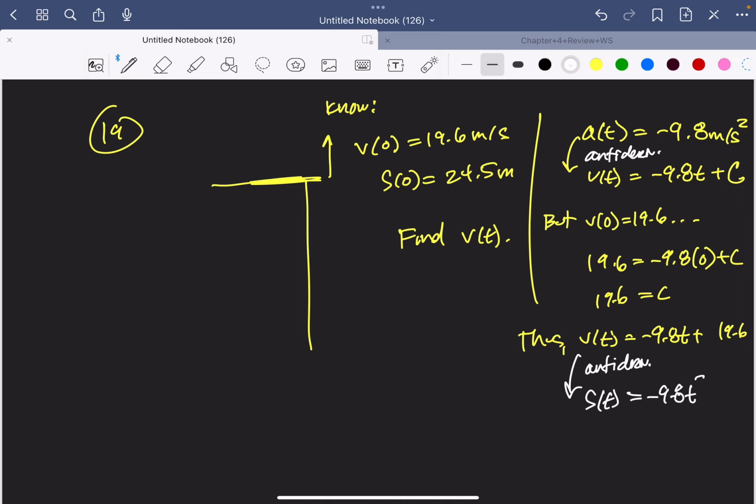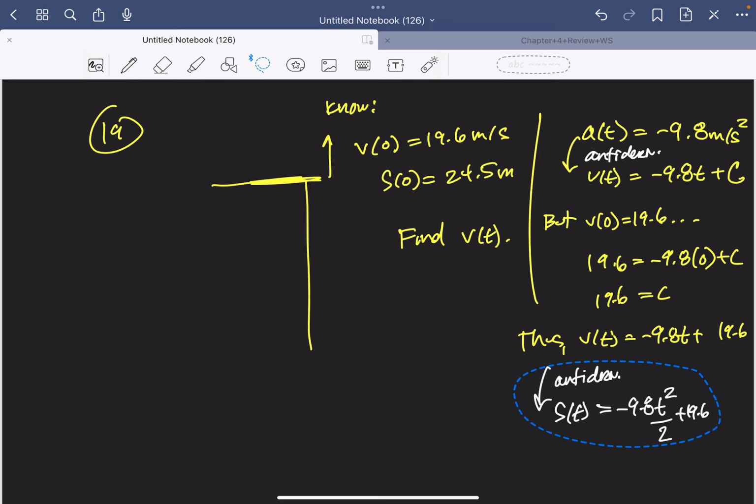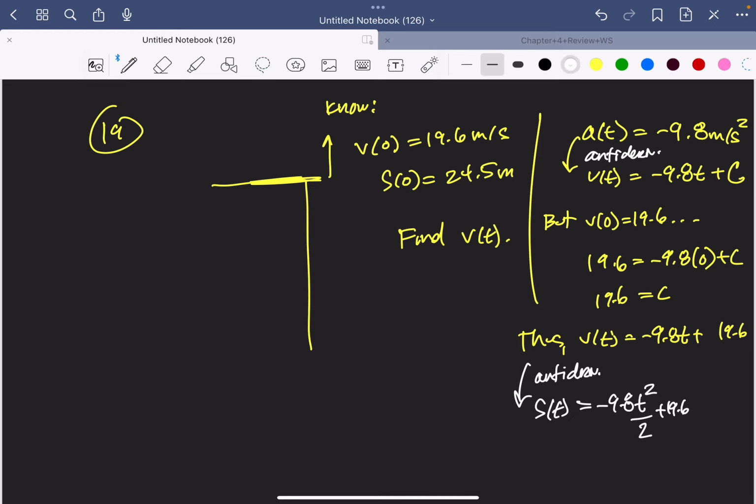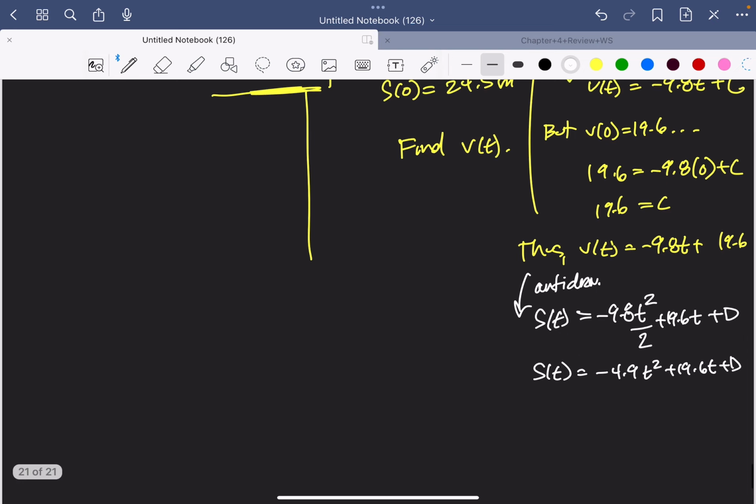I pull out that constant. The antiderivative of t is t squared over 2 plus 19.6. That's a constant, but if we take the antiderivative of a constant, we get a linear. So it's t, and then plus d. So it's negative 9.8. If you divide that by 2, it's negative 4.9 t squared plus 19.6t plus our d,